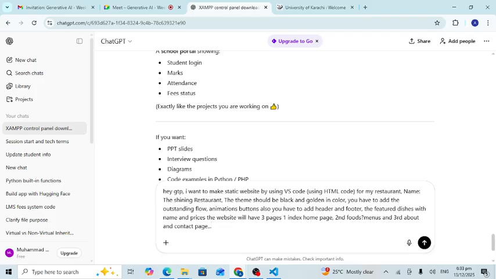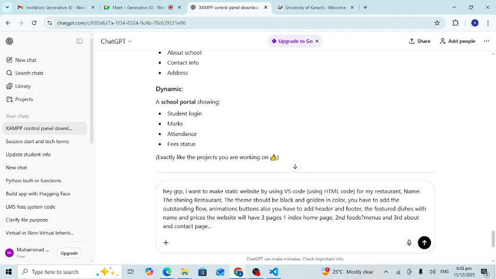So this is our prompt. Hi GPT, I want to make a static website using VS Code with HTML code, for my restaurant, named the Shining Restaurant. The theme should be black and golden in color. You have to add outstanding flow, animations,